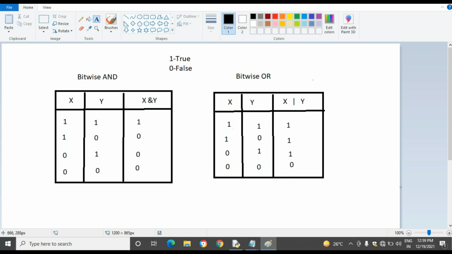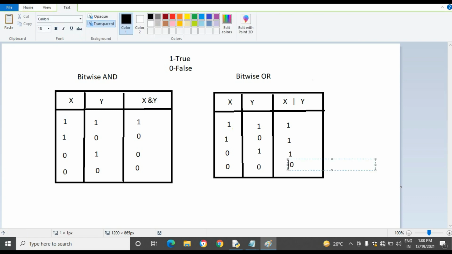Here true and false, the condition is true. 0 and 1, false and true, is true. 0 0 means the condition is false. In this case both the conditions are false, so it will display the result as false.